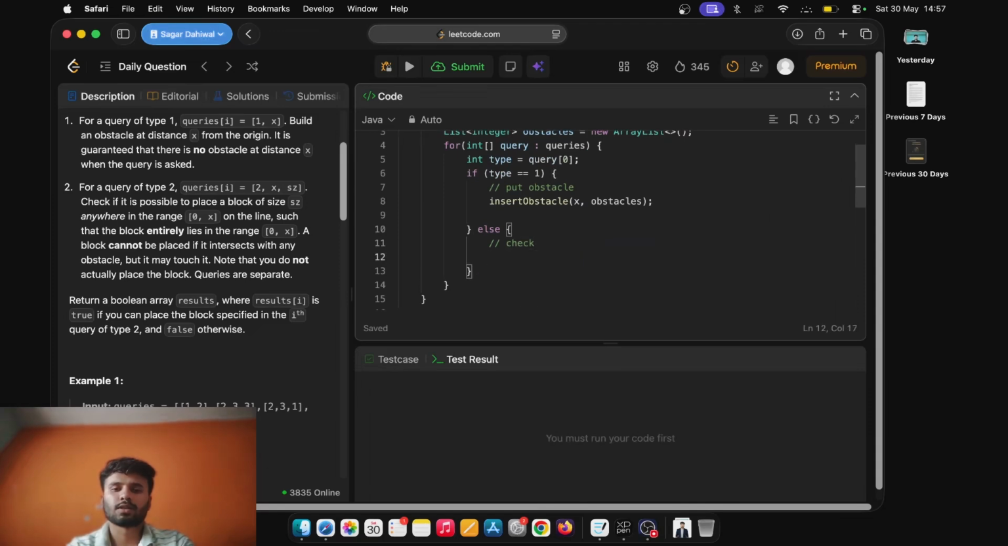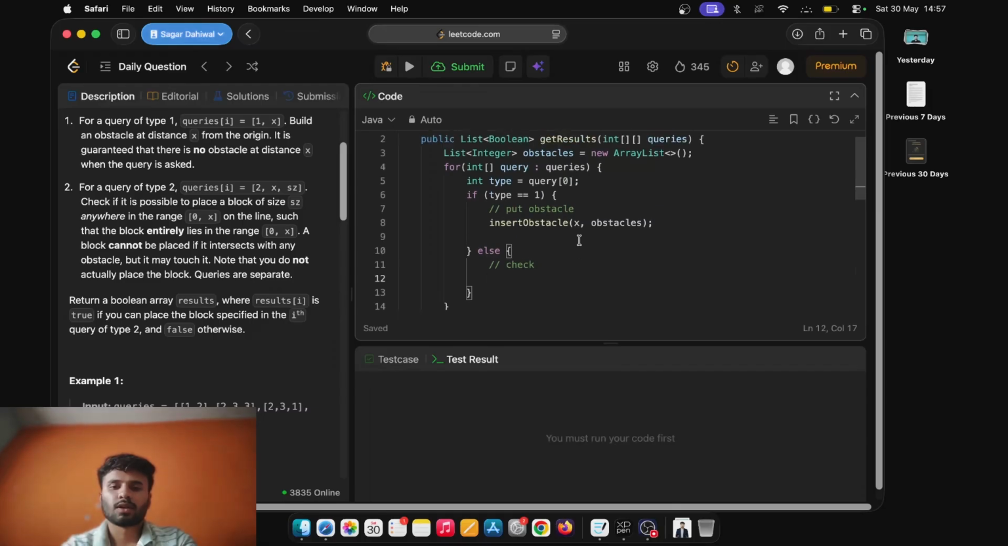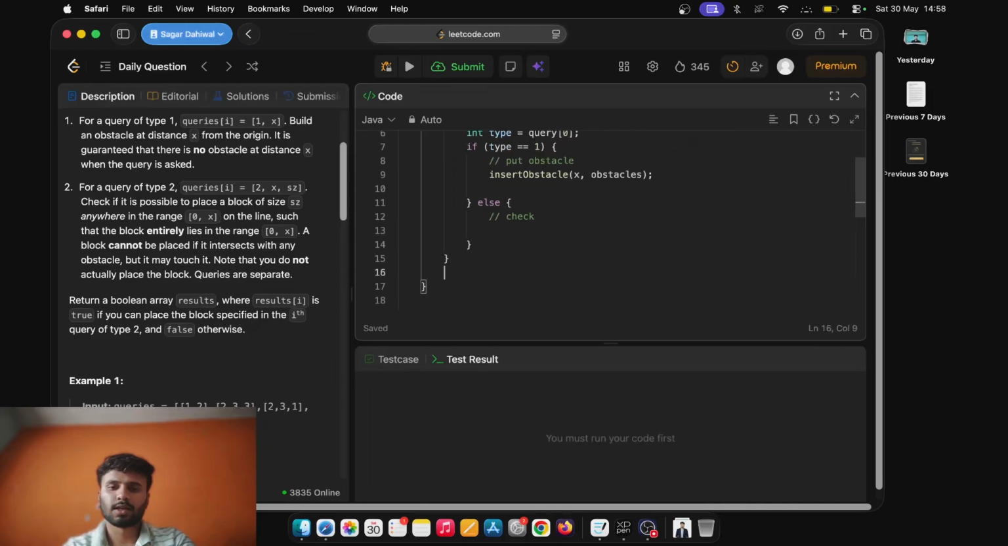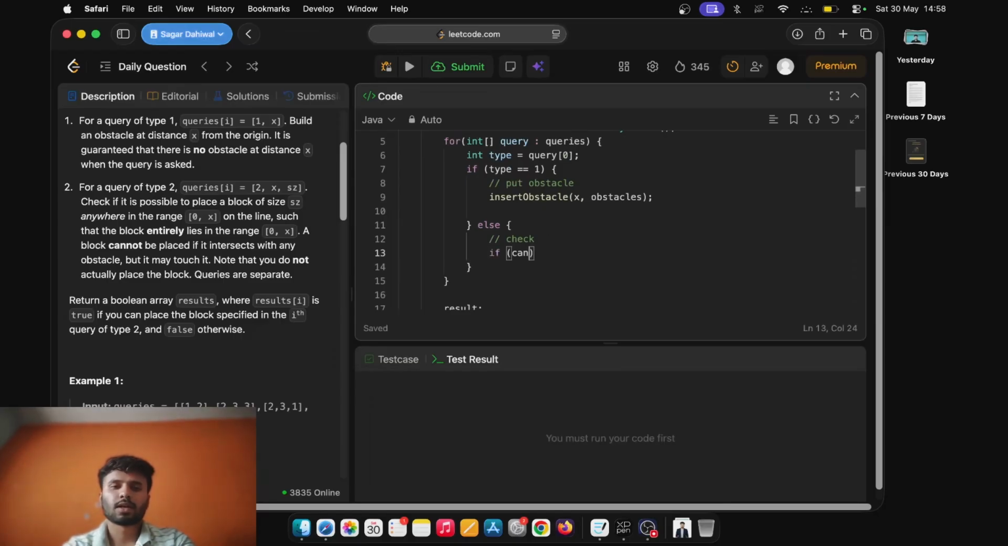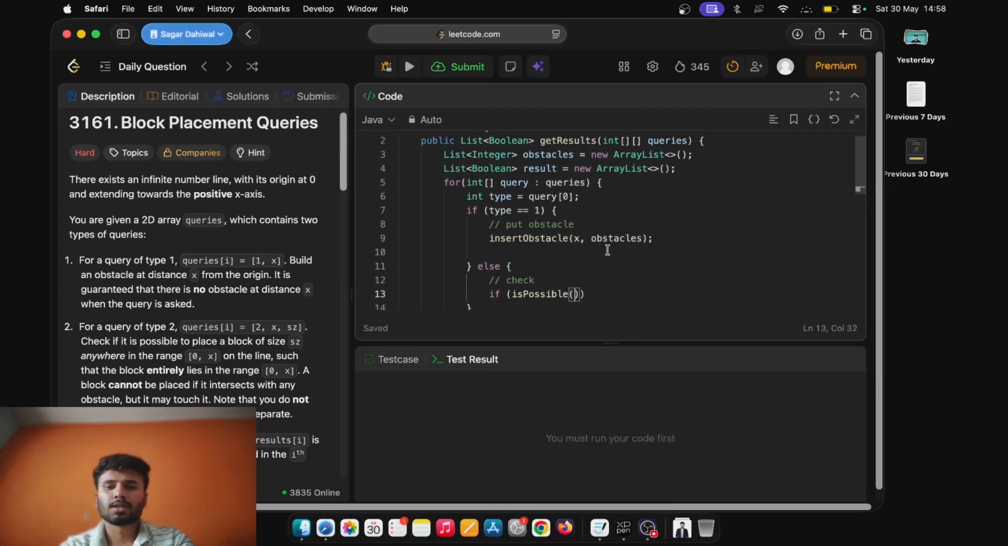Now else we need to check. Then we can have a function, also we need result, right? The list type boolean result new, and we can have the result at last. So here we have to check if the second query is possible. Let's say is possible, and we can pass